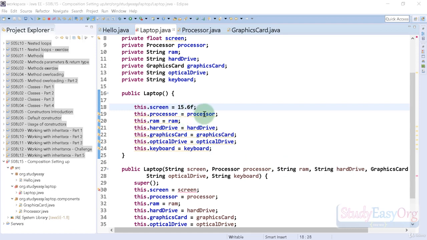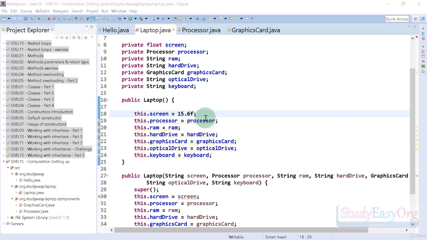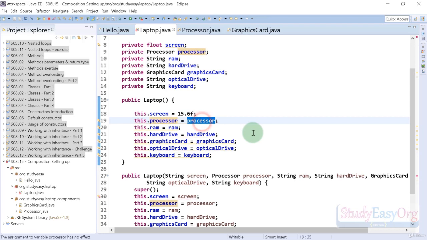Then processor. Now what is a processor? Processor is a class, so we need to create an object. So in here we would be creating an anonymous object, a nameless object. So the way is pretty simple. We will type in new processor, and that's it. So this will create an anonymous object, and the value of that object would be passed to this property processor,